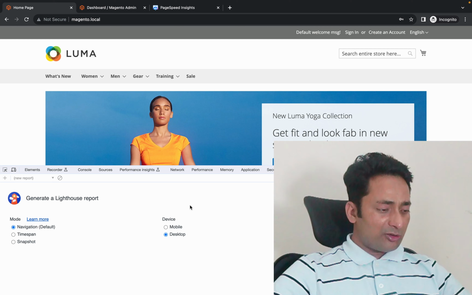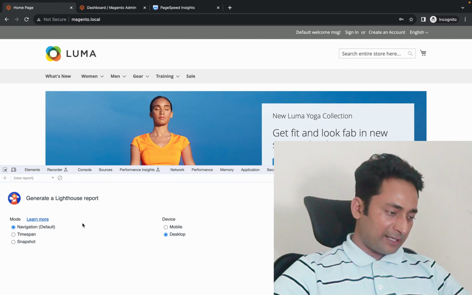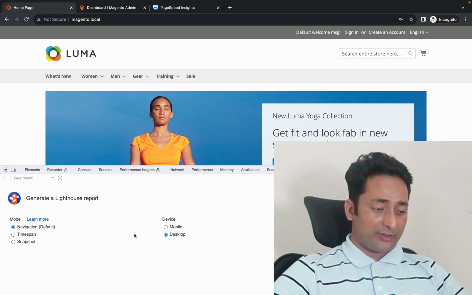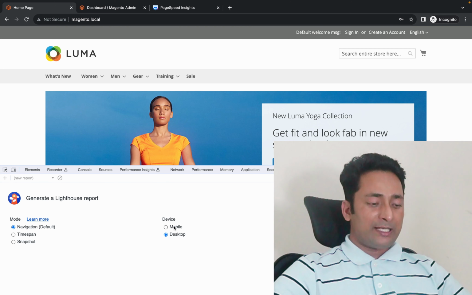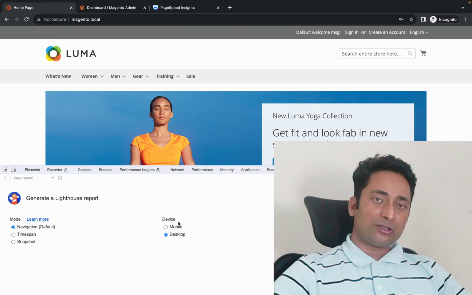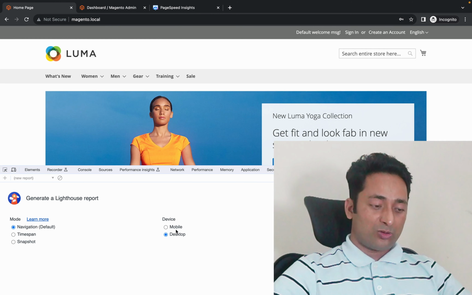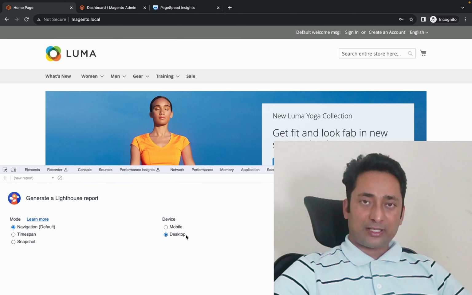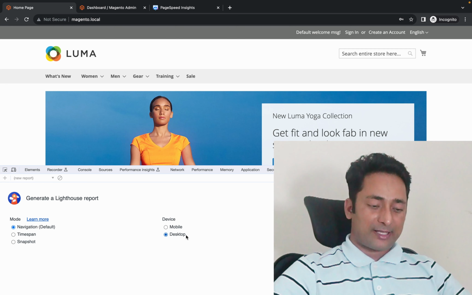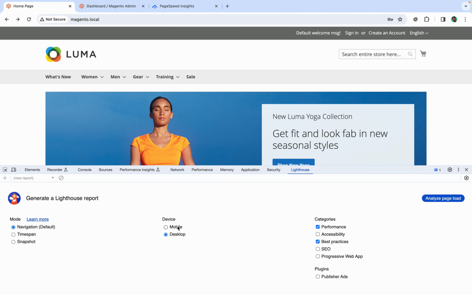In this Lighthouse tool, we have different categories available which we can select. One is the device, whether you want to test your website for desktop or mobile. I will go ahead with the desktop selection, as I want to check how my website is performing on desktop. And here we have different categories.